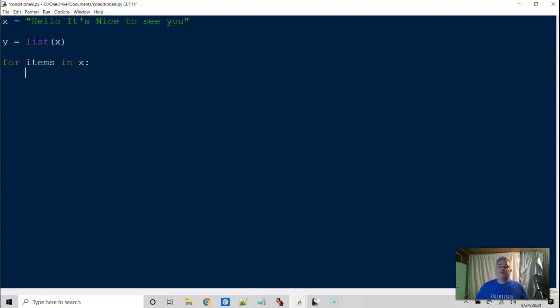So we say for items in X, print items. All right, simple. What this is saying is iterate through X and print out every individual item. X is the value as a whole, and items is a placeholder for the individual iterable values. The iterable values in a string are the individual characters in a string. The iterable values in a list are the individual values in the list. So if I run this,